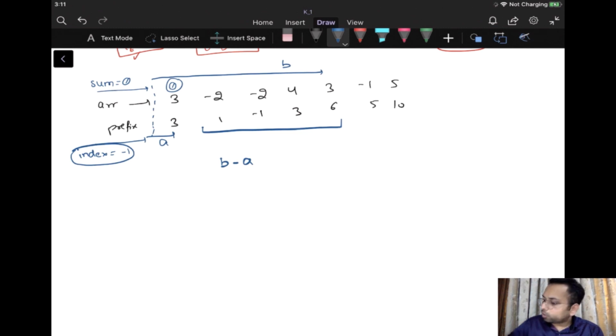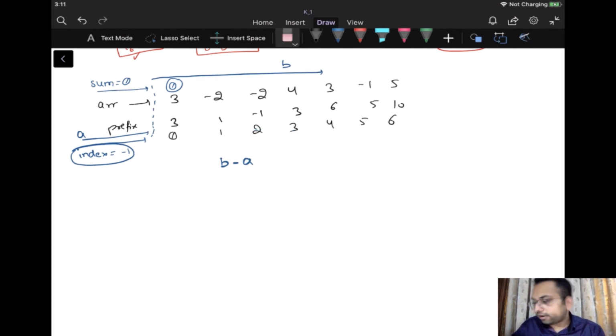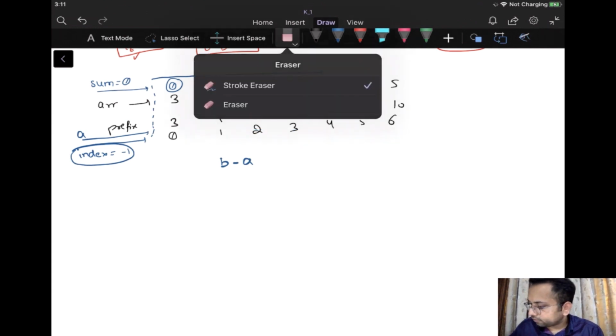So what should we do? We need to consider a range till this point, right? So if we are considering the range till this point, the index of that particular range is going to be -1. If I'm talking about these indices, the index of that range is going to be -1, right?